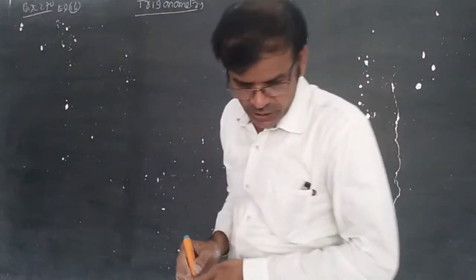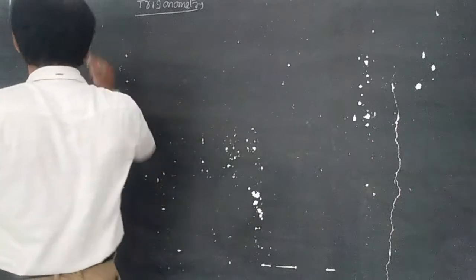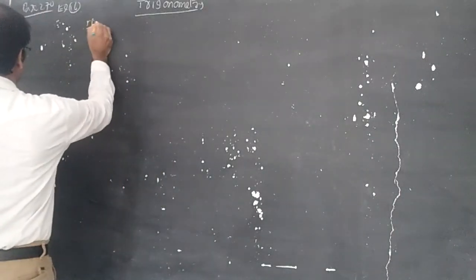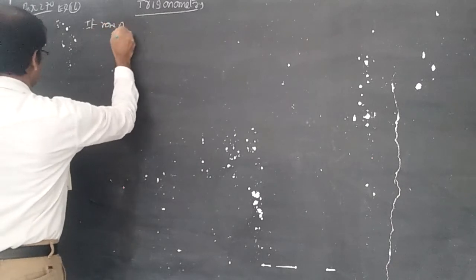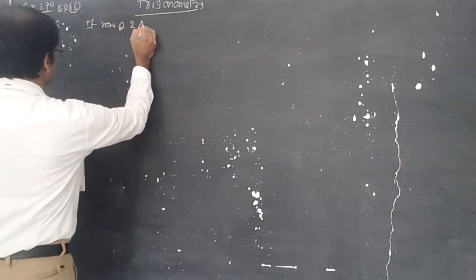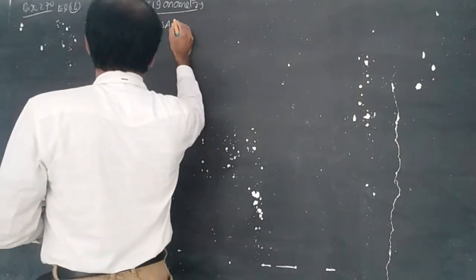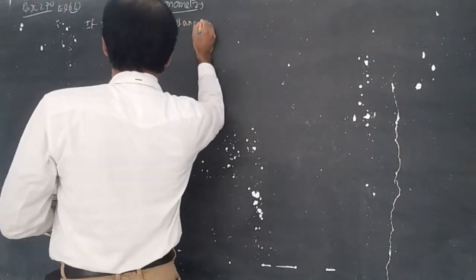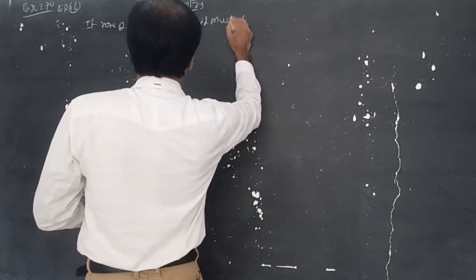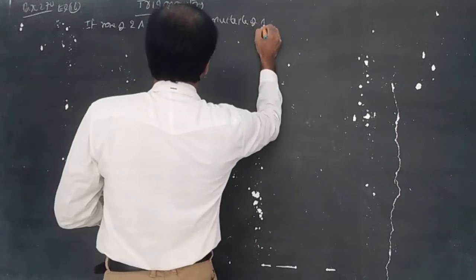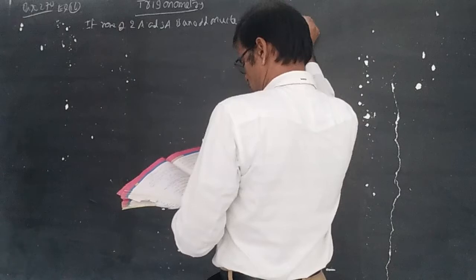If none of 2a and 3a is an odd multiple of pi by 2. For every tan, we used to say like this, because tan 90 is infinity, we should not say infinity. If none of 2a and 3a is an odd multiple of pi by 2, then prove that